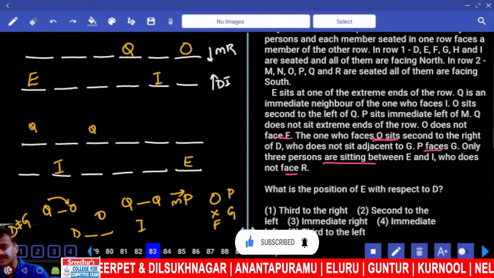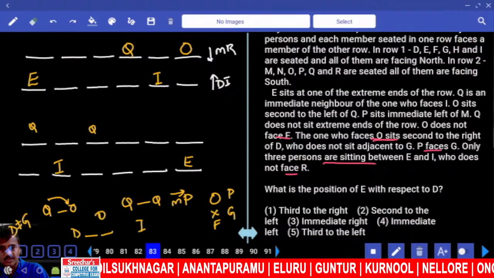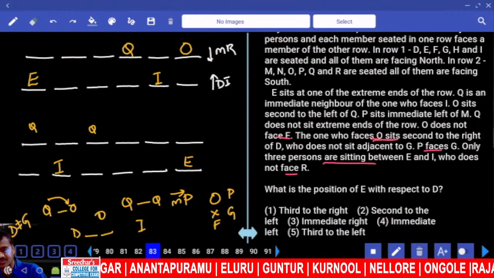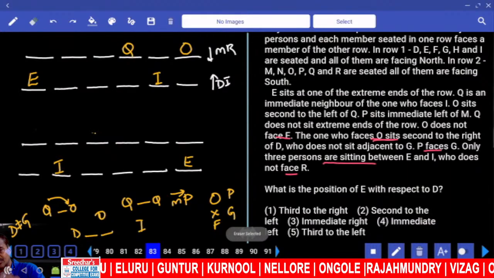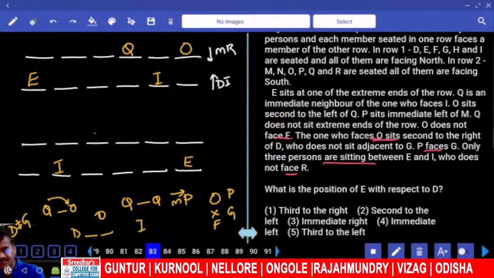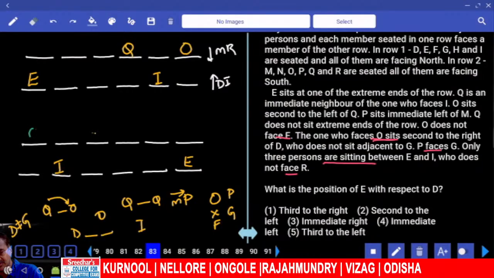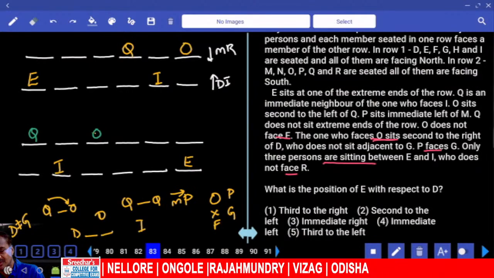O is seated second to the left. Now here again, O is seated second to the left of Q, and where can we have this one? In this case, let us take Q at this place. Q is here, and if Q is here, then O will be here. Or,